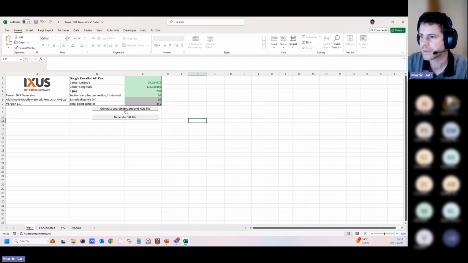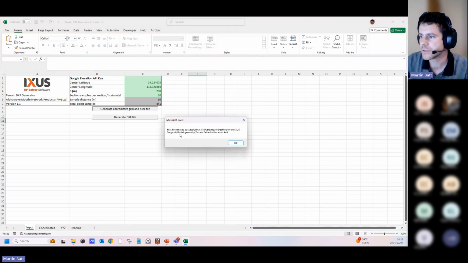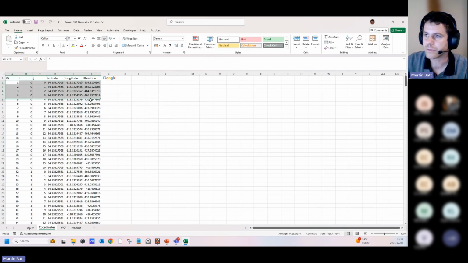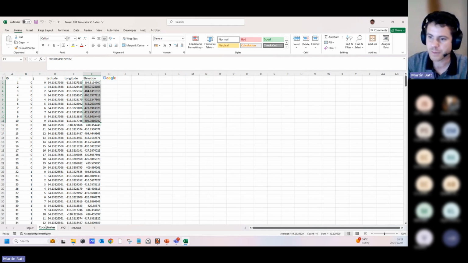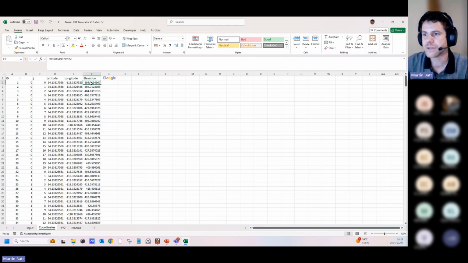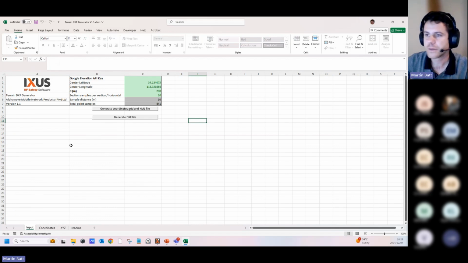So once you click this button, it will say that the KML file has been created. You can say OK, and it will then say that the coordinates grid has been written to the Excel sheet coordinates. So it writes this grid of coordinates over here and then uses an API call, in this case the Google API, to collect the elevation data of all of those locations. Okay, so the KML file, if I open that,